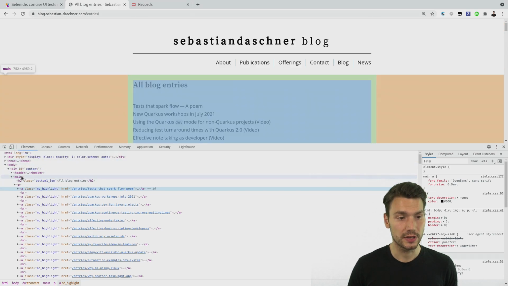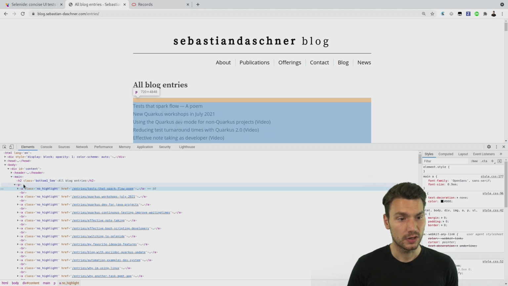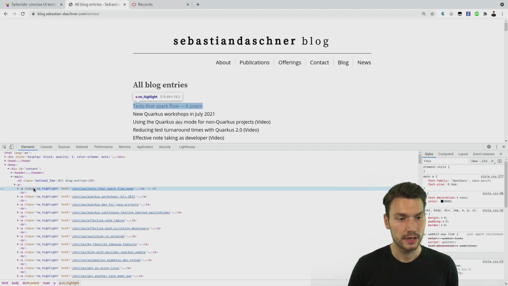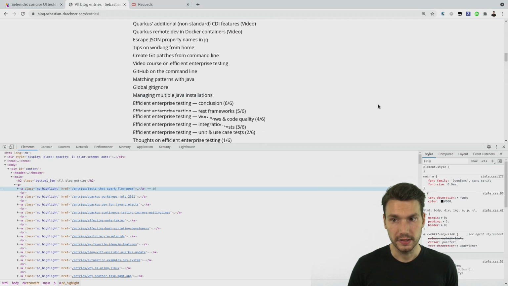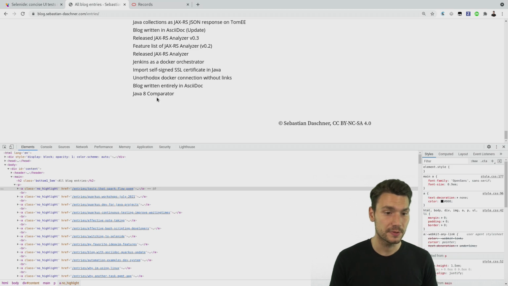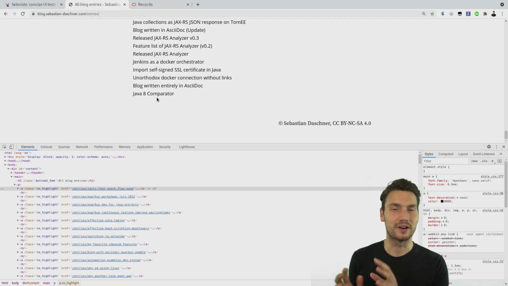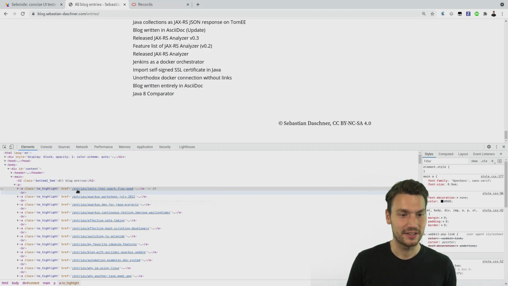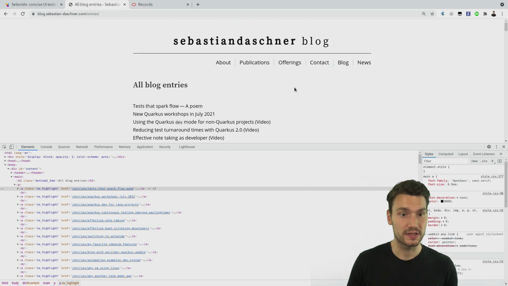I want to see the structure. I'm in the main page here, and then there is a paragraph, a P tag, and then there are some links. Now we see that these links are the only links on that page. So we could go directly there, and of course it depends on the structure of the website. Sometimes you have to do a little bit more sophisticated checking. You maybe need to check for the href